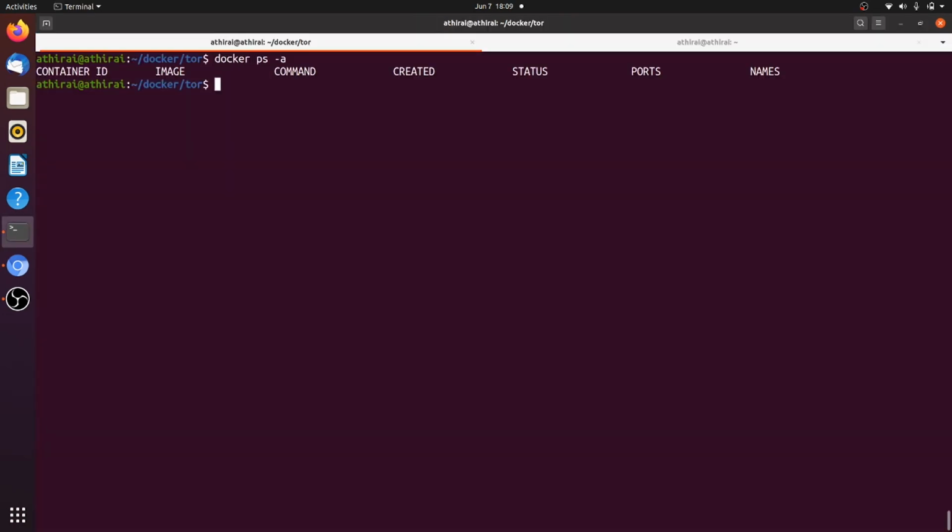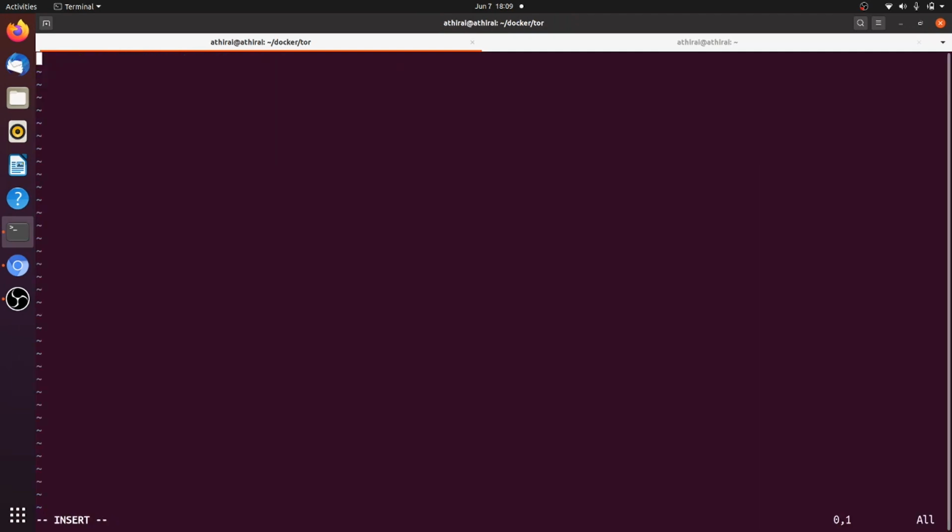So we don't have any containers or images on my host machine. I'm going to create a Dockerfile. So let's take from Ubuntu and then set an environment variable DEBIAN_FRONTEND equal to noninteractive, so it won't prompt for any questions when we do apt update or apt install.